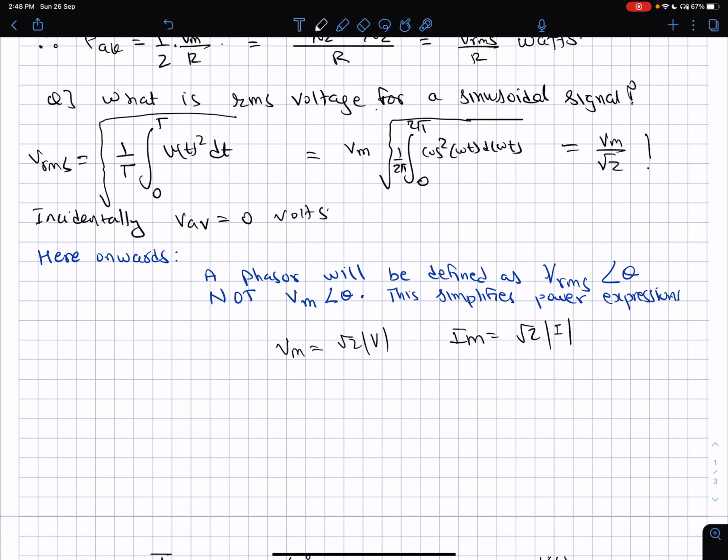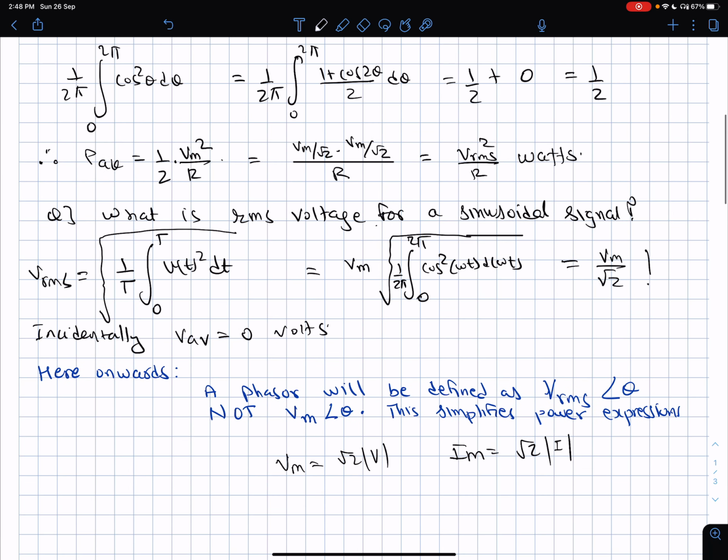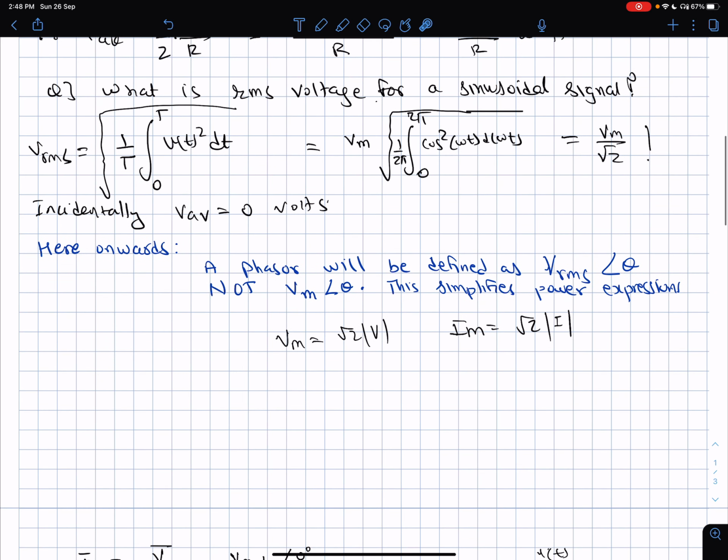Otherwise, if we write the phasor through the amplitude, then a half factor will keep moving everywhere else. We will have to keep carrying this half factor forward, and I don't think I need to tell you how easy it is to make mistakes. You keep forgetting these factors, so it's just better to readjust our convention as I just described.